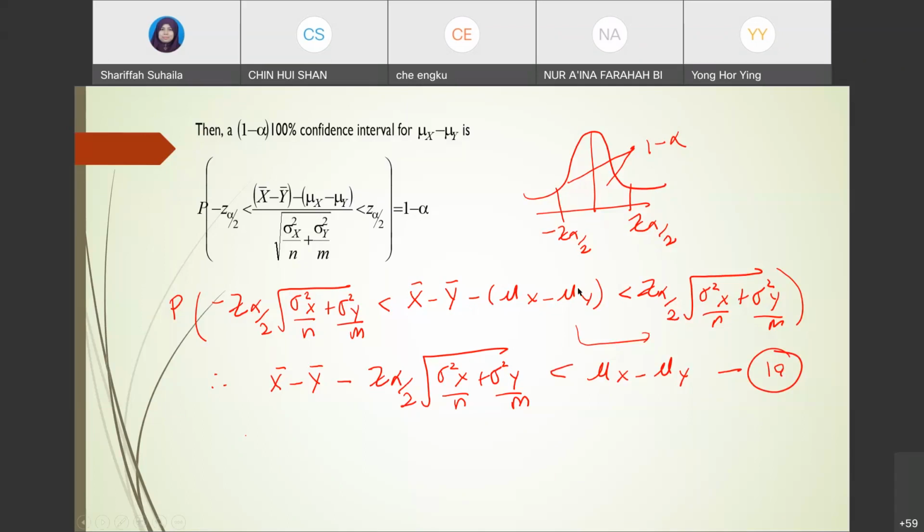Okay, so the same thing here. So yang kedua tu katakan equation 1b. So you will have x bar minus y bar. Okay, so this one is greater than. So ini bawa ke sini. Okay, so this one you will have plus z alpha over 2 sigma square x over n plus sigma square y over m. Okay, so this one should be greater than mu x minus